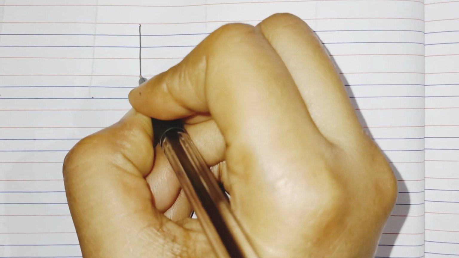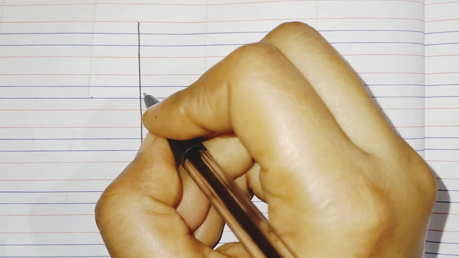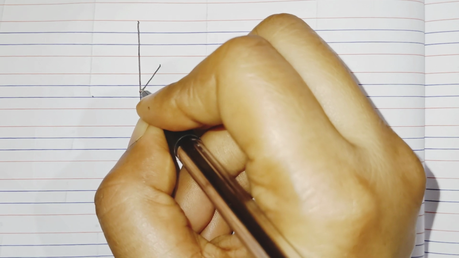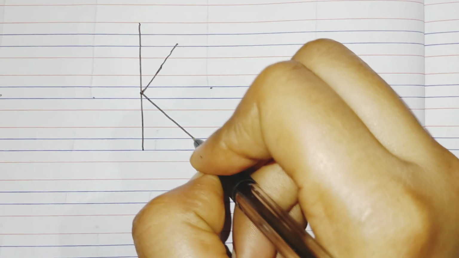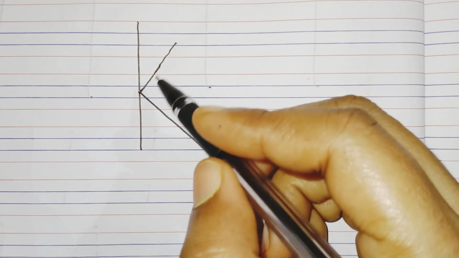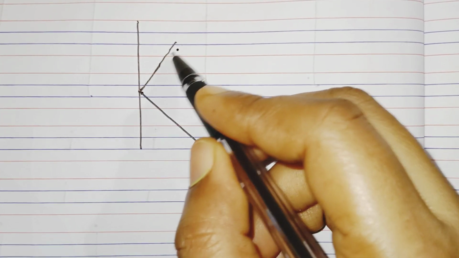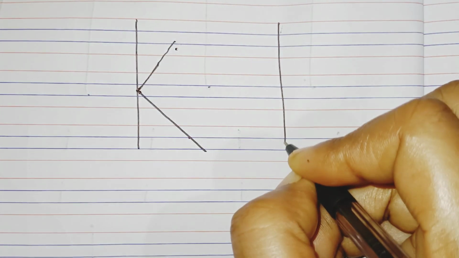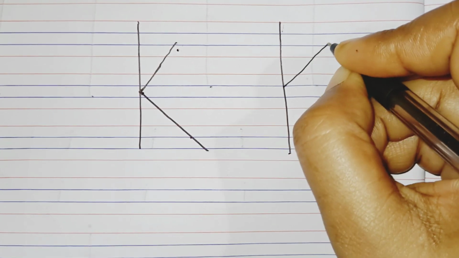The next letter is K. First of all, we know the pattern of K. First you have to make one standing line, and then from the middle section of this standing line you have to make one vertical line, and then from this side it will be a little bit bigger. So you have to make 2 vertical lines from the middle section. One will be smaller and another will be a little bit bigger. Standing line, vertical line, one more vertical line.